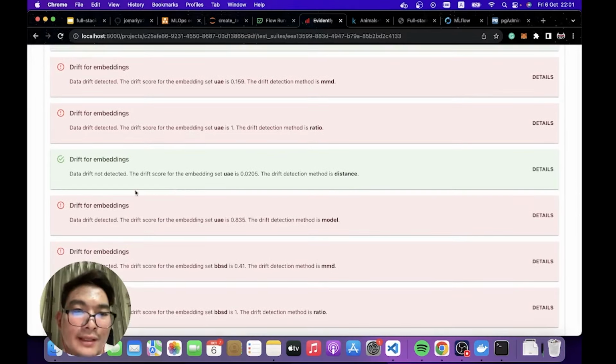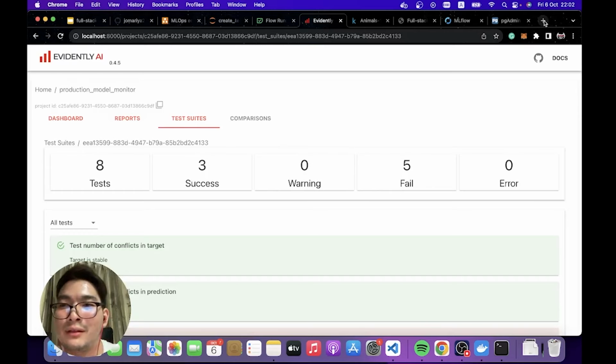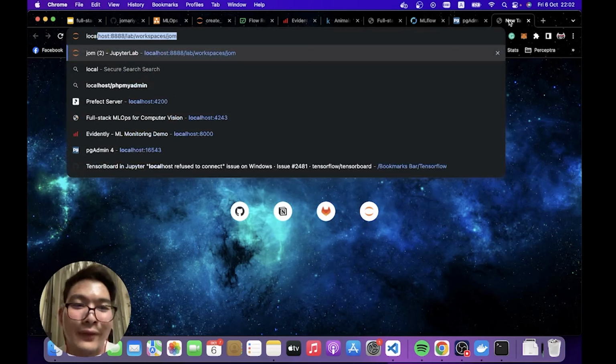And down below here there is the data drift detection, and you can see only one of them is not detected. So this, as I said, is experimental. You have to validate a lot of things, but you can see that most of the metrics show that we got data drift, and of course we did, because we just injected the noise images, which are not in the training set. And that covers the whole system, except I forgot Grafana, which is on